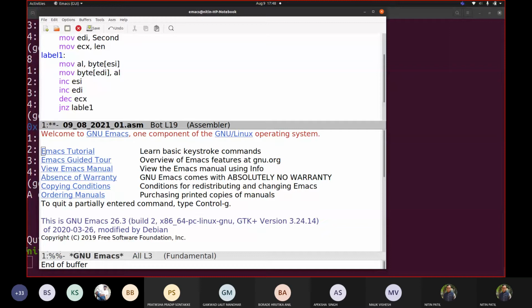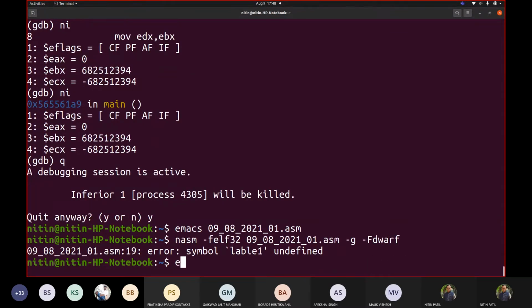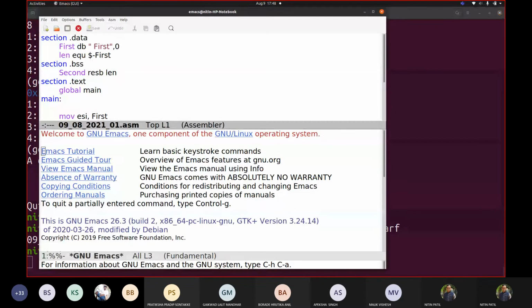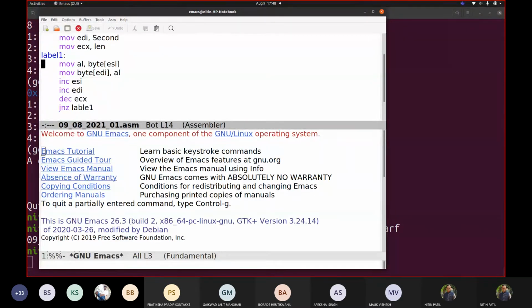Fine. Now if I go here and check this code, so nasm -f elf32 0908.asm -g -F dwarf. Made a mistake. I haven't defined the label.